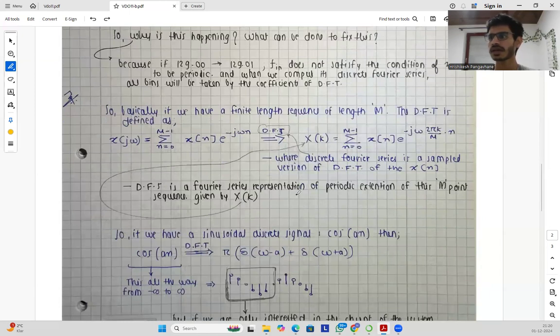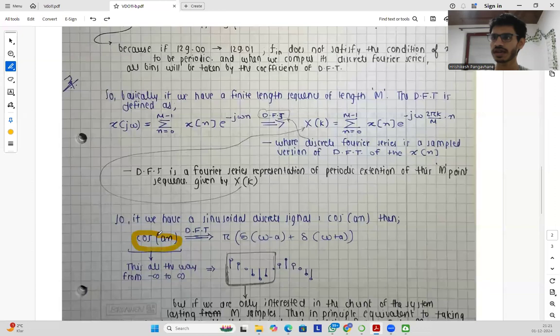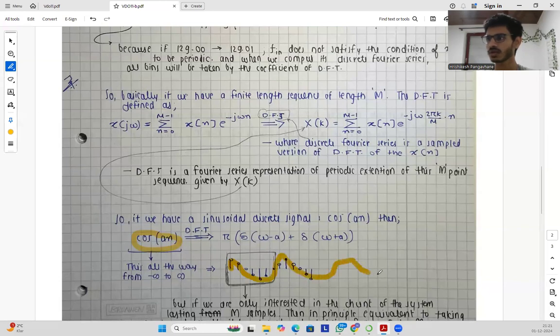If we have a sinusoidal discrete signal, let's say x of n is cos of a n, where a is its frequency, then cos of a n goes all the way from minus infinity to infinity. The discrete Fourier transform of this signal will be pi times delta of omega minus a plus